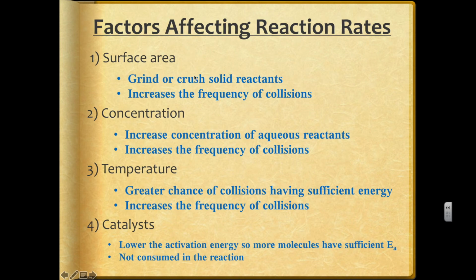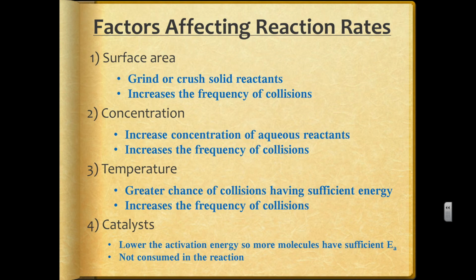So if we grind or crush up a solid, then we'll increase the surface area, and it increases the frequency of collisions. Now for the concentration, like an aqueous solution, we can just increase the concentration. I like to increase the molarity, so 12 molar versus 2 molar. And that will increase the collisions just by the sheer number of